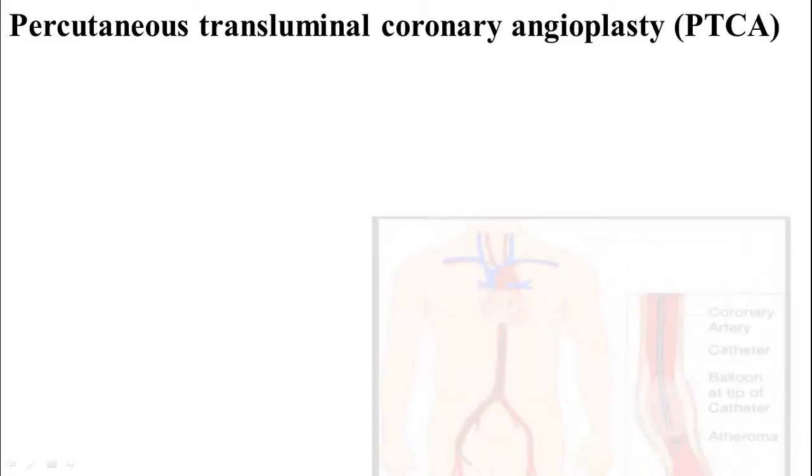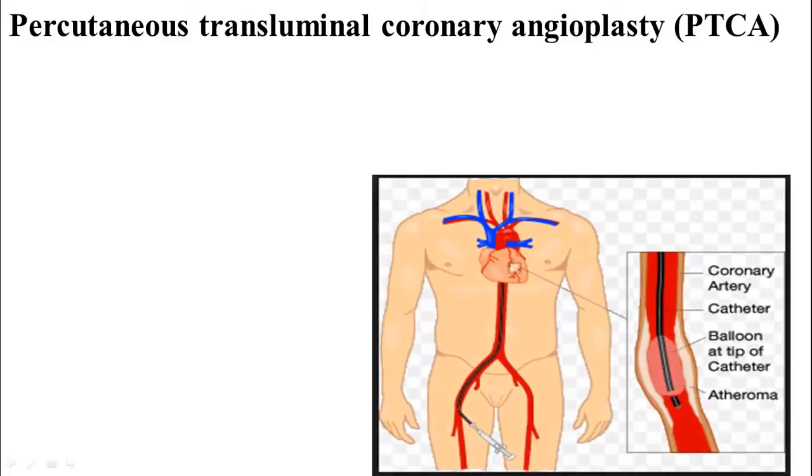It is a procedure in which the cardiologist threads a catheter with a balloon at the tip of the catheter past the obstructed site or atheroma, and then inflates the balloon to broaden the atheromatous plaque, and then installs the stent to keep the vessel open and restore the blood flow downstream of the